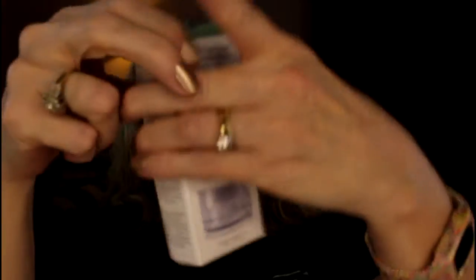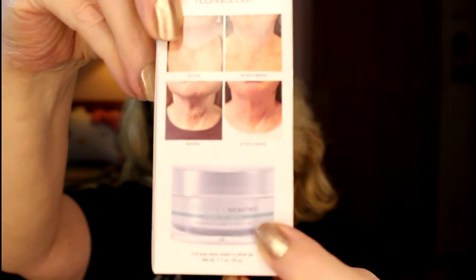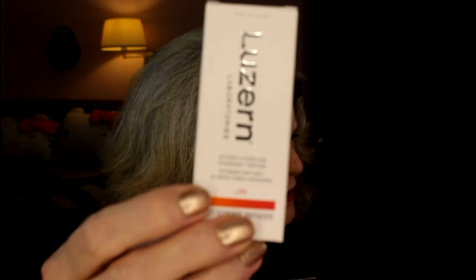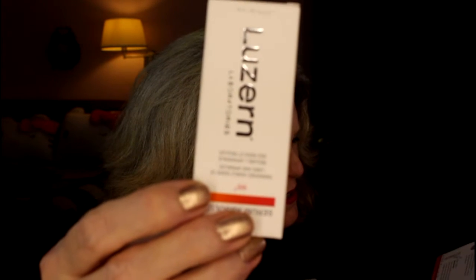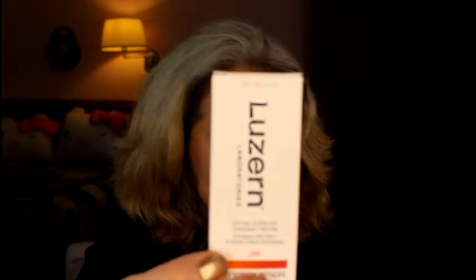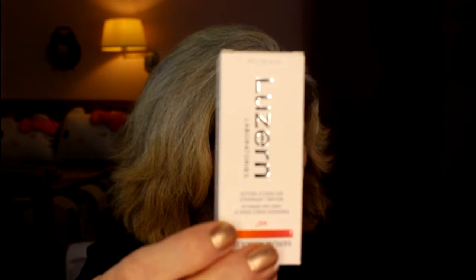I guess the full size comes in a jar like this. So yeah, I really enjoyed this. And there's one more thing, and this full size is like $100 and something. Let's see, how much are you full size? That is this product. And full size is $140. Seriously. I did the math, and this is worth